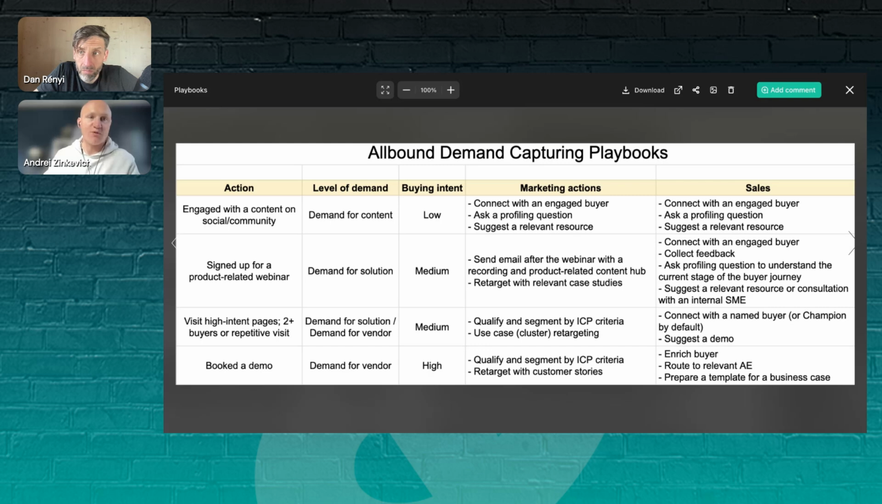The key points are what we discussed in the beginning. You need to define with sales what's important for you to track. What are the signals that you would like to track? Next, what is the level of the buying intent here? And then define what would be the next meaningful actions marketing and sales can execute together to influence the buyer